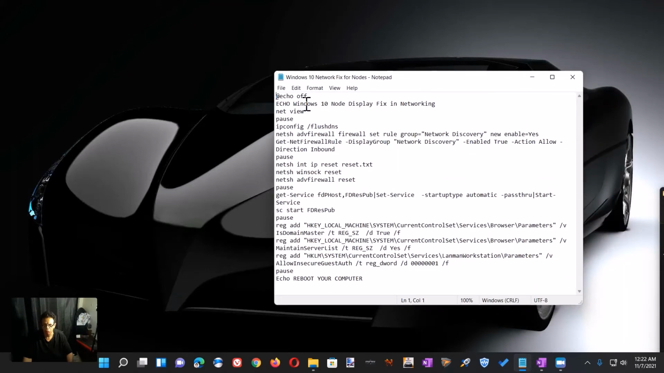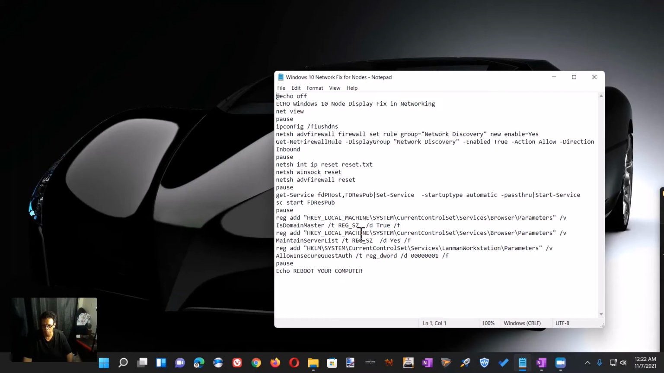So this is a script I wrote. If I run it, well, I can't run it again because it's already been run. This is set up for Windows 10, displaying fixes to networking. That view will show you your current connection, your computer name, and the device that you're connected to. If you're connected to it, then it'll flush the DNS. It also makes some changes to the network discovery, which is the problem. It also does an IP reset, with a socket reset, advanced